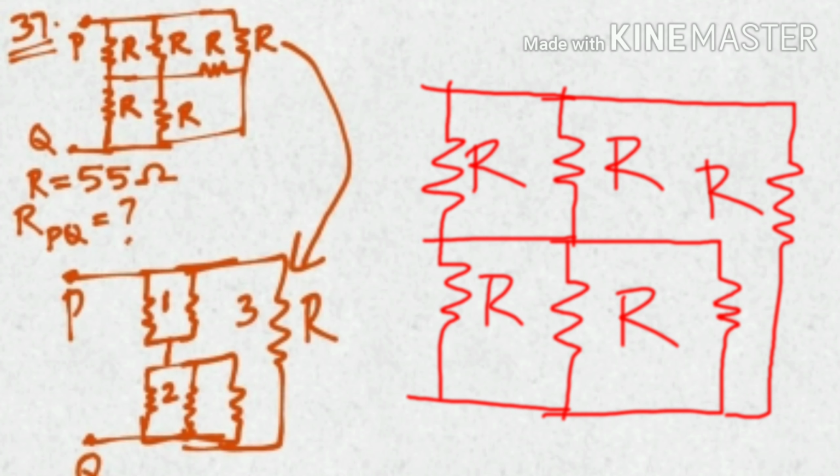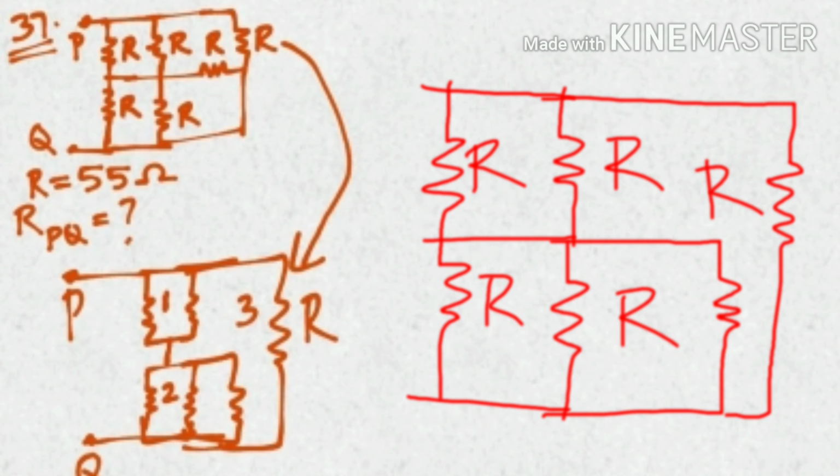In this problem, I have redrawn the diagram in red color. The top 2 resistors are in parallel, and the bottom 2 resistors are in parallel, and we have a horizontal resistor in this diagram that is also in parallel with the bottom 2 resistors. If you rearrange, I have rearranged it in the red color pen. Finally, the topmost last resistor is connected in parallel to all the combinations.